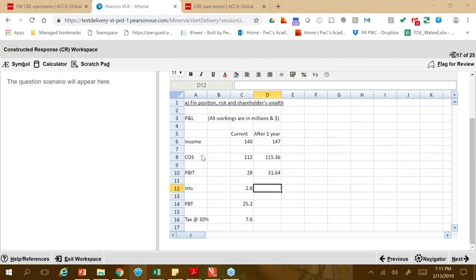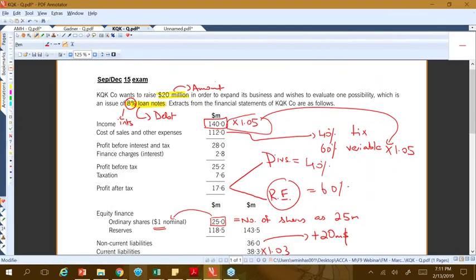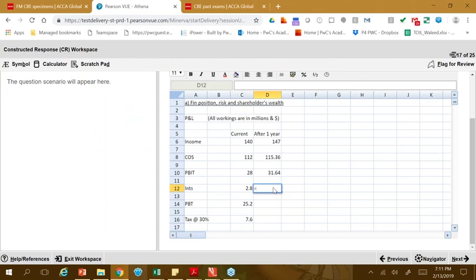Yes, you're right. Thank you. So the right answer here is that yes, this 2.8 will remain there, and then we will add the additional financing. Well done. So how much will be the additional financing we need to add? 8% interest on 20 million. So we'll take this 2.8, and then we will add 8% of the 20 million, and the 2.8 will remain there. And this means I have got the interest of 4.4.